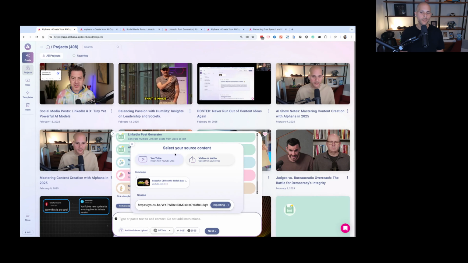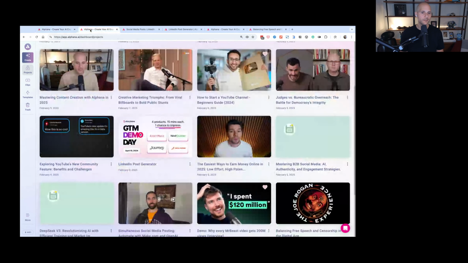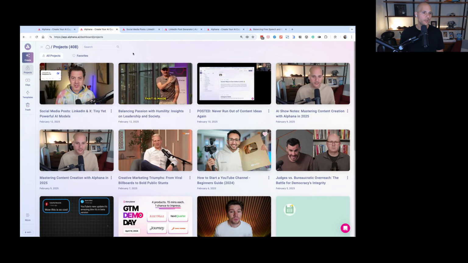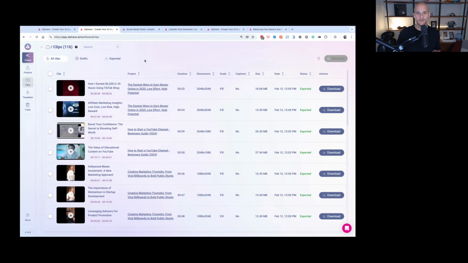While that's importing in the background, we're going to quickly switch tabs, and I'm going to pop open and show you the Clips Manager. This becomes important because some of the clips that are going to be generated with that project, you're going to start seeing over here. What you're seeing here is the all new Clips Manager.